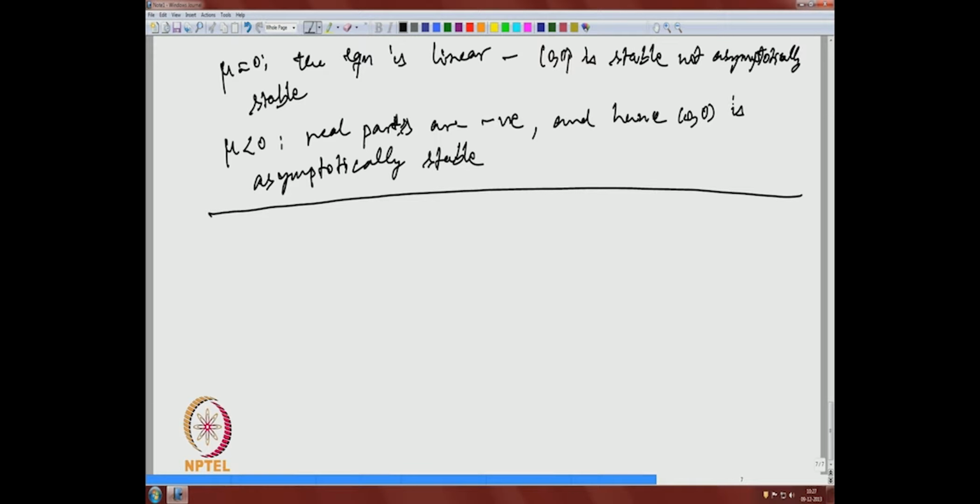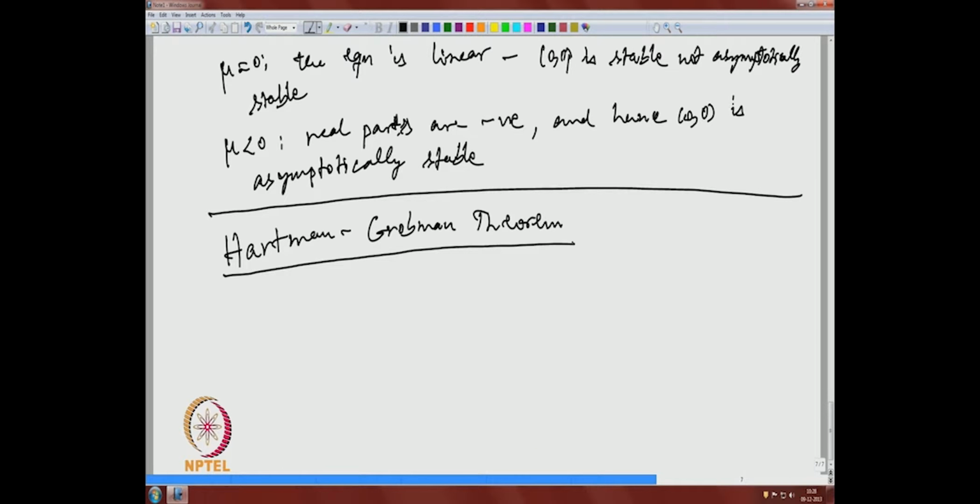That means if the linear system is stable, then the nonlinear system is also stable, and if the linear system is unstable, then the nonlinear system is also unstable, and this goes by the name Hartman-Grobman theorem. I will explain this only in English. I will not even write down the precise terminology, I just explain